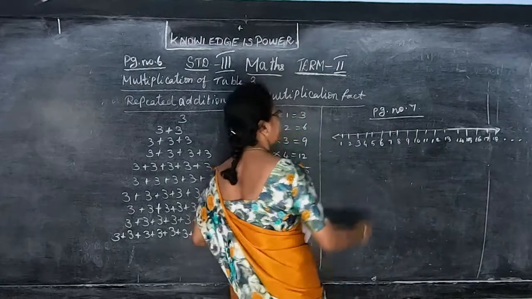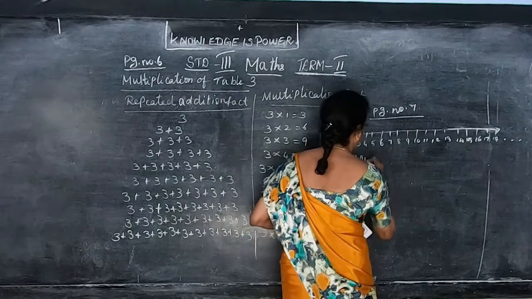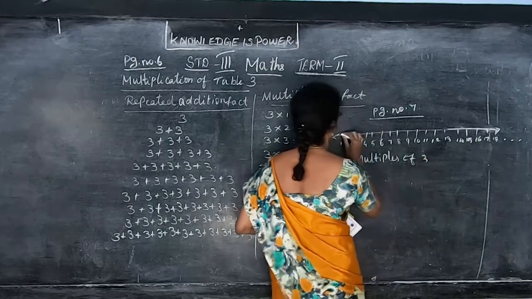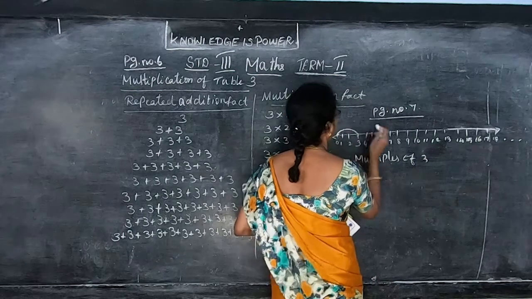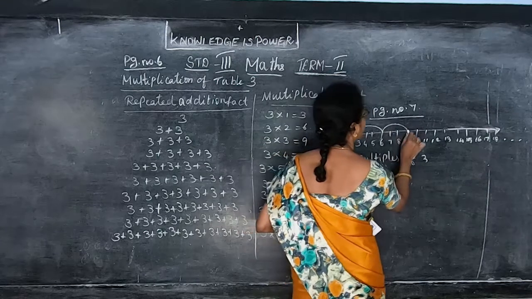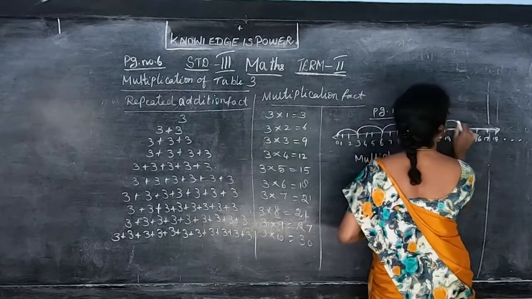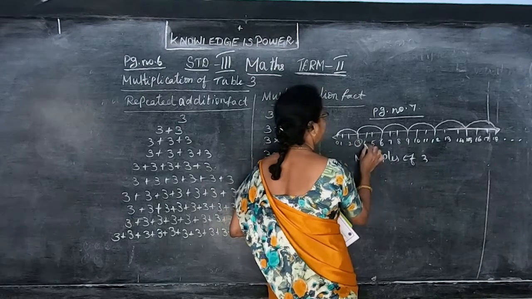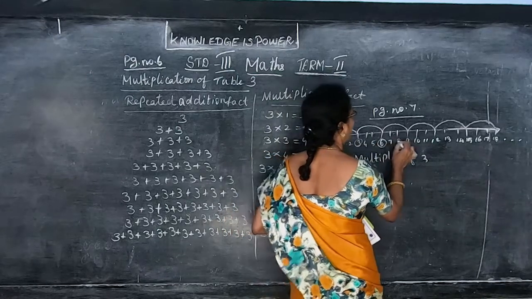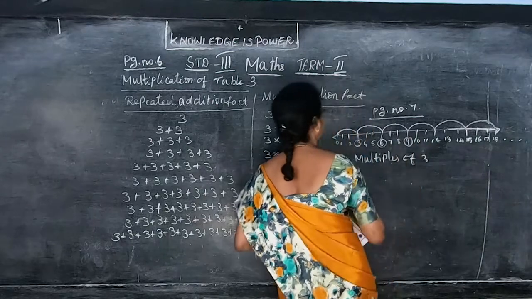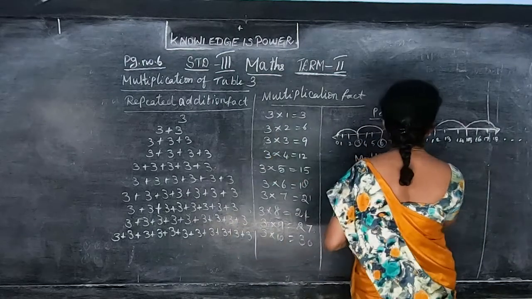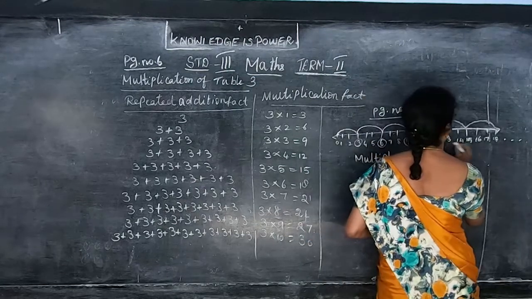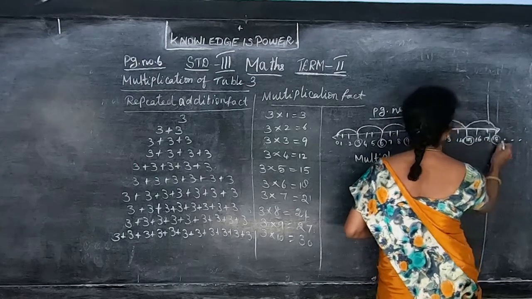You have to write multiples of 3. So multiples of 3 means you have to jump 3 numbers. So you can jump here, it is 0. 0 to 3 and 3 to 6, 6 to 9, 9 to 12, 12 to 15 and 15 to 18. That is 1, 2, 3, 3. Then 1, 2, 3, that is 6. 1, 2, 3, 9. Okay, 3 ones are 3, 3 twos are 6, 3 threes are 9. Then 1, 2, 3, that is 12, 3 fours are 12. Then 1, 2, 3, 3 fives are 15, 3 sixes are 18.